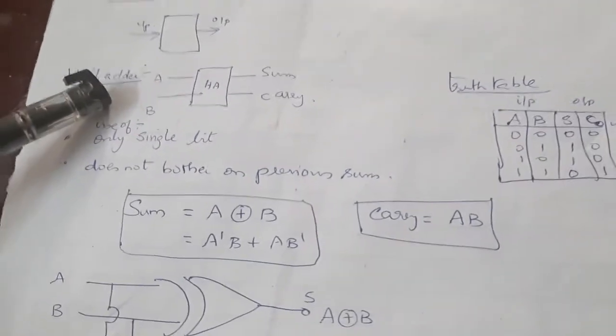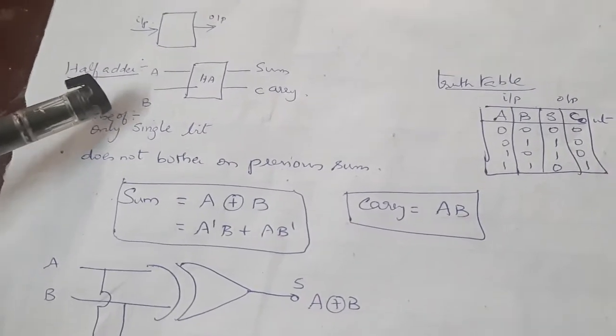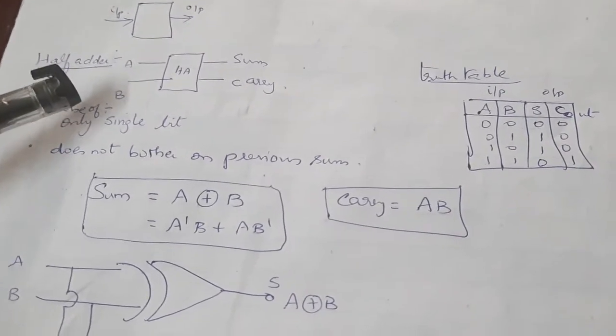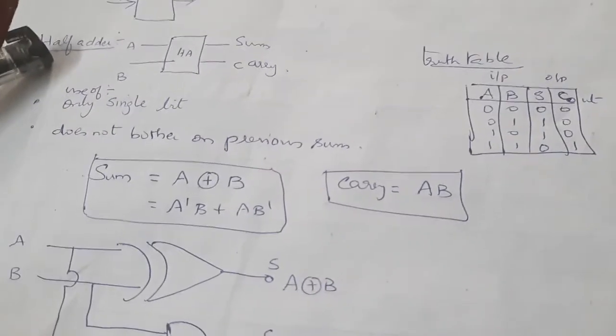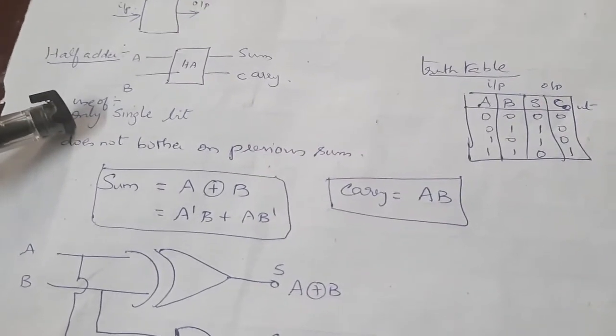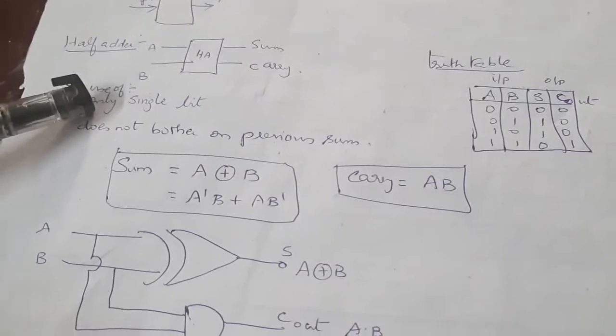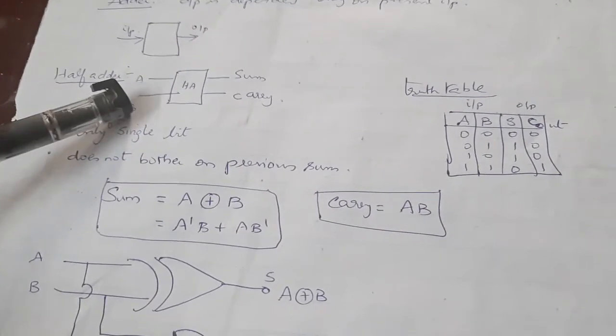First thing is we'll take a smaller bit. Only 2 bits are being considered. Slowly we'll increase the size of the bits. First, 2 bits we call a half adder circuit. It uses only a single bit. Okay, 1 will have a combination. 2 to the power of 1 is 2 combinations. 0 0, 0 1, 1 0, 1 1. That is how you get 4 combinations.